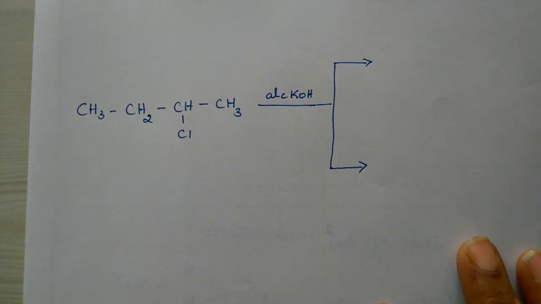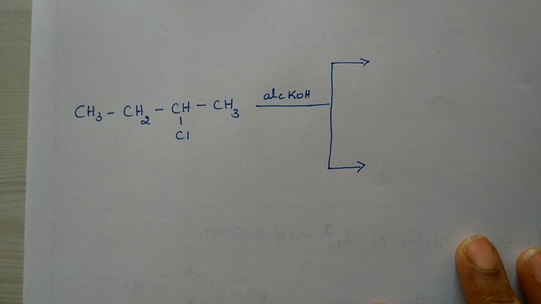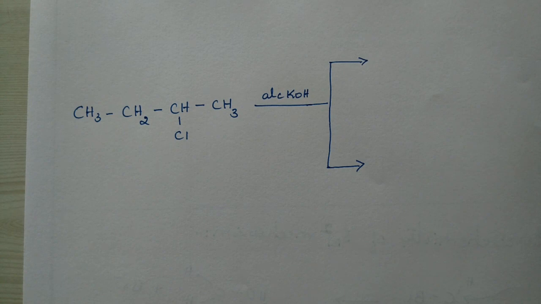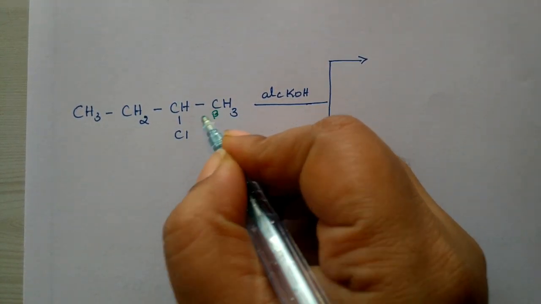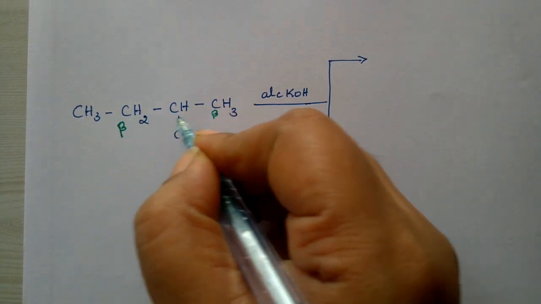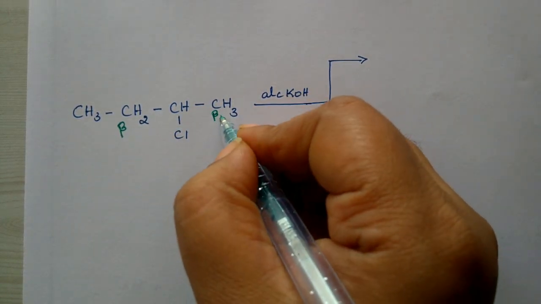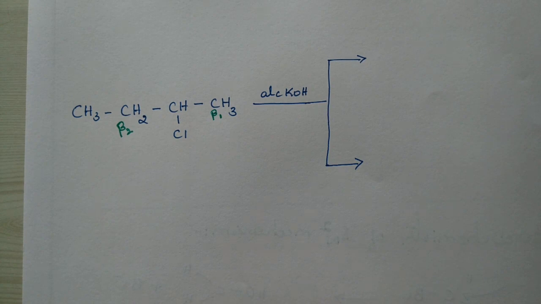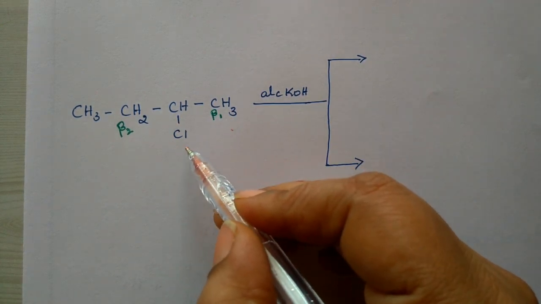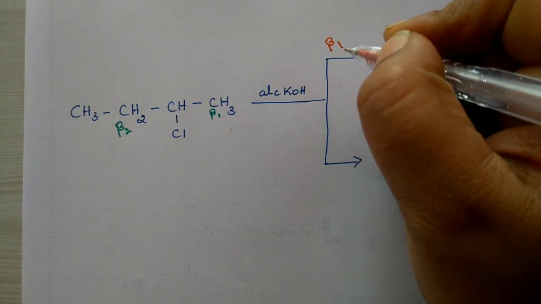Earlier we studied the reaction of isopropyl iodide on alcoholic KOH, where both beta carbons have CH3. Here in this reaction, this is the alpha, this is beta, and this is also beta. So here also, two products are possible. Let us consider this one as beta 1 and this one as beta 2. We'll write the product first: remove one hydrogen from this, and one halogen from this. This is the reaction for beta 1.